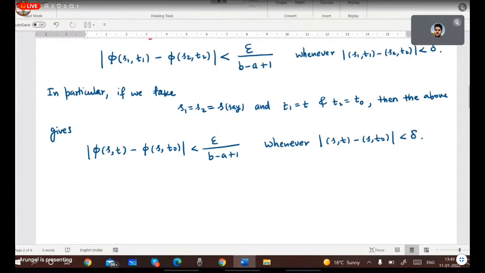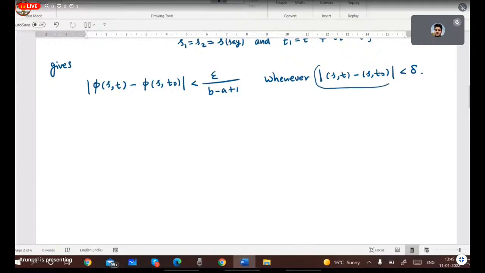Yes, sir. But class, have a look at this. What is this, class? This is nothing but the usual distance between two elements of R2. So this is under root of (S minus S) square plus (T minus T naught) square. This becomes 0, and when you take the square root of this square, this will ultimately be modulus of T minus T naught. Is this okay, class? Yes, sir.